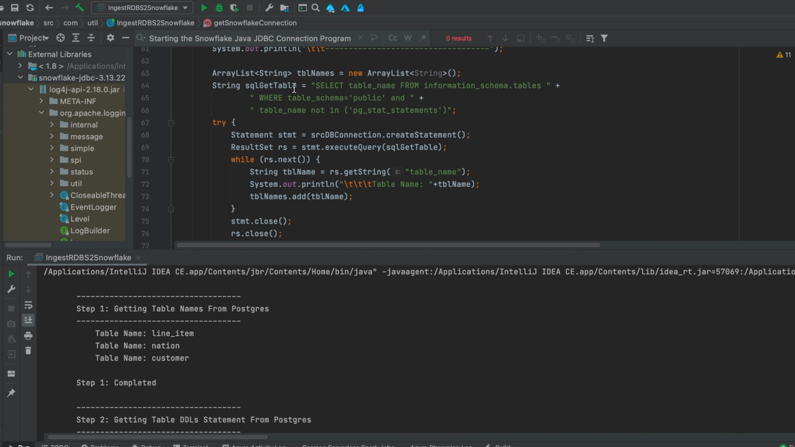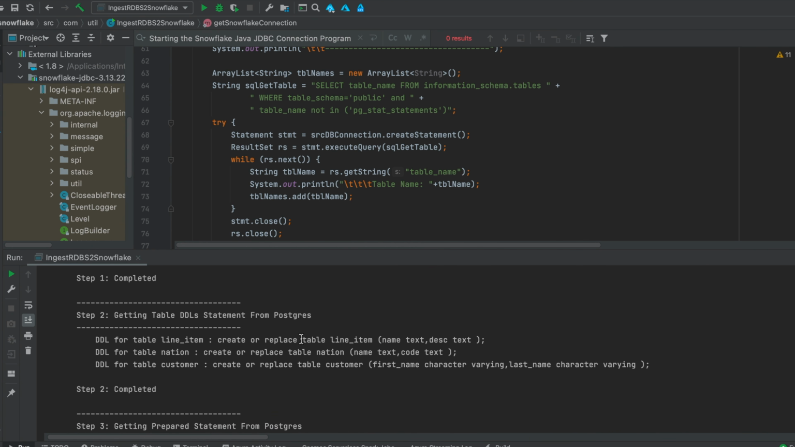This method is executing this particular statement, getting all the tables, wrapping them into a list. And this is the line which is being printed here. You can see system.out.print and all the table names are printed. Okay. Moving to the next